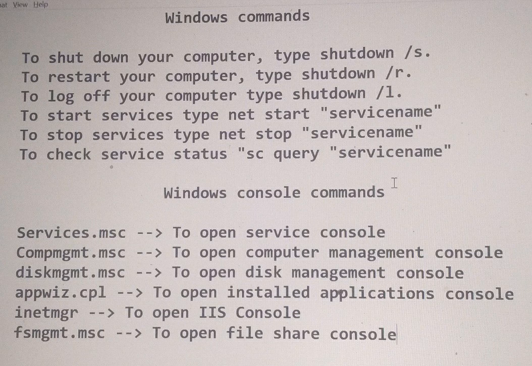Then inetmgr. What is inetmgr? This is related to IIS, Internet Information Services. So IIS is a very large topic, which we need to discuss in a separate session. This command will direct you to the IIS management console. See, this will be useful for the people who have started working in the IT industry, in some web service related industry. So for them this command will be very useful. Straight away it will open the IIS management console.